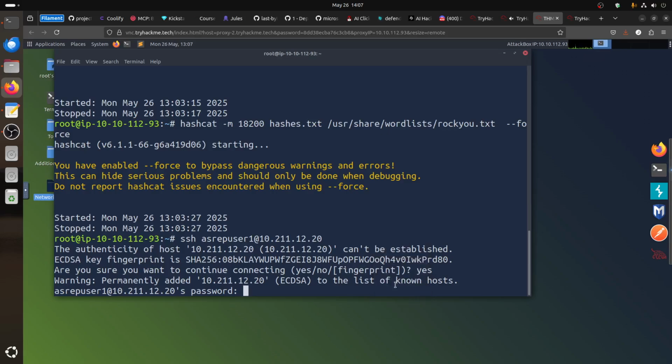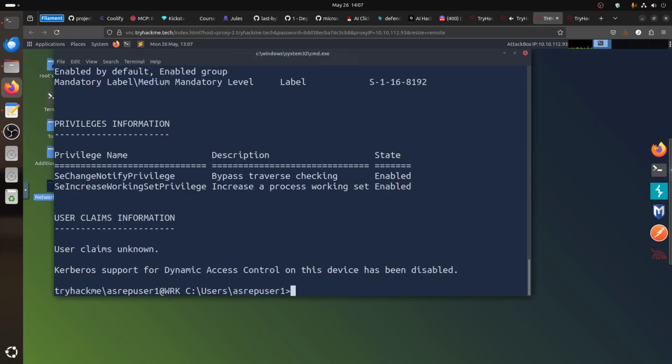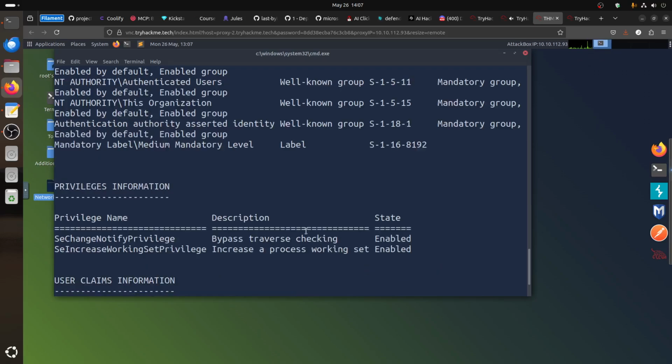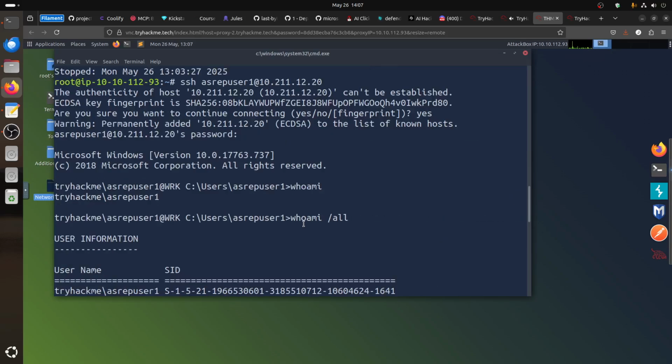Let's see if we're lucky enough to finish this room. Of course, whoami, the famous one. How do you do it on Windows? Do you do it like that, or does it work like that? The slashes always confuse me. So what do we have here? We have